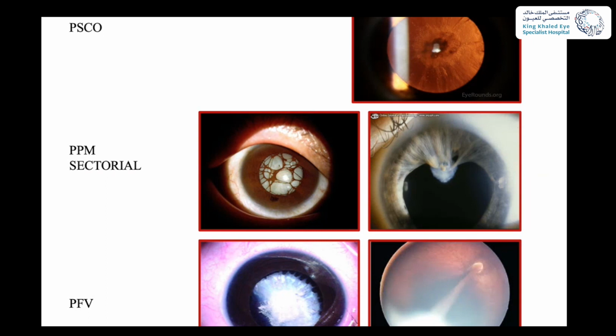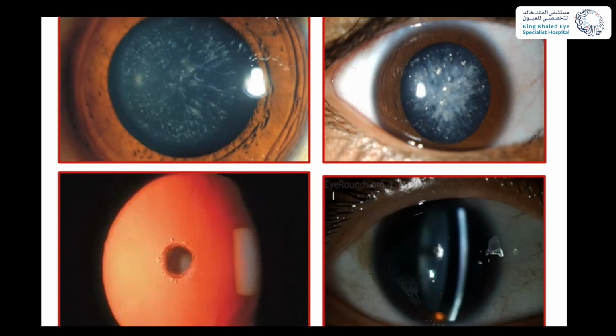Like in this case, you could see persistent fetal vasculature, or you could see the ciliary processes, or you see the strand between the optic disc and the periphery. Sometimes it's adherent to the posterior capsule, sometimes it's adherent to the peripheral part of the retina. This is a blue dot cataract, which could be progressive, and these are just mittendorf dots, which could be seen with persistent fetal vasculature in its simplest form. The persistent fetal vasculature is not present in one severity. Sometimes there's an attachment, a very thick membrane,